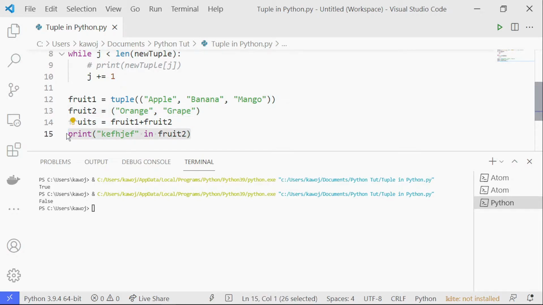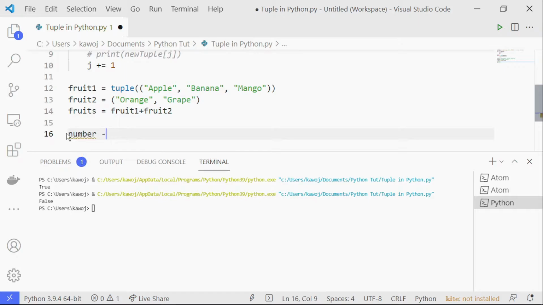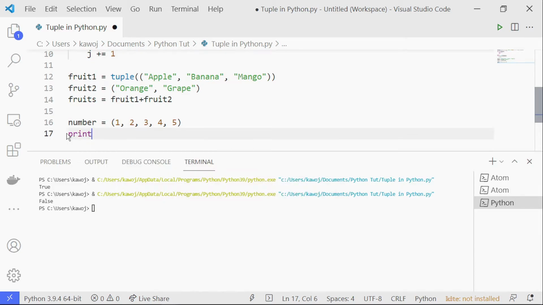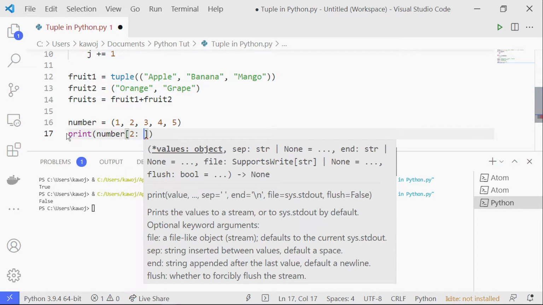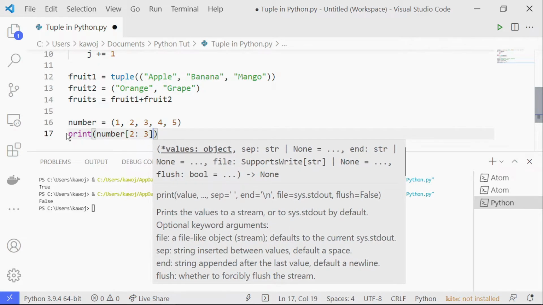So it works like list also. So we can also use slicing. Let me say that number is equal... So I'm creating a new tuple now. Number is equal to 1, 2, 3, 4, and 5, like this. So if I should print number of 2 to 3, like this, we only get